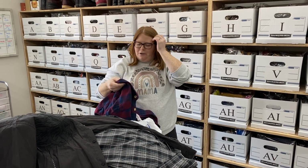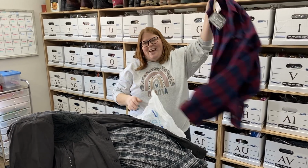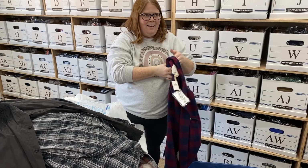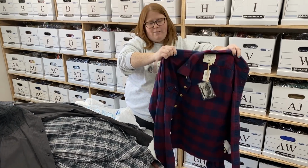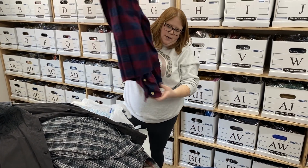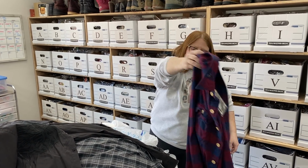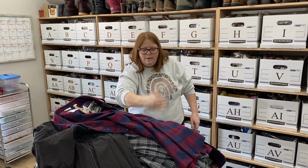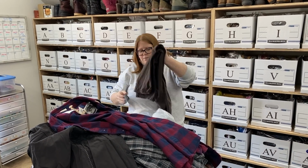This is just Abercrombie and Fitch, but it was new with tag. So it does have an $88 retail. Honestly, these were still selling for like $25-30, and this was one of the colors of the week, so I'll take a chance on it. Did I say that was a 2X men's new with tag? I like Abercrombie. It doesn't sell for a ton, but